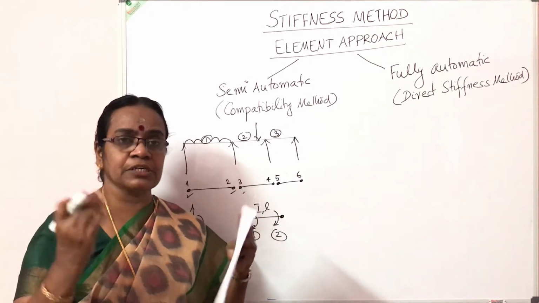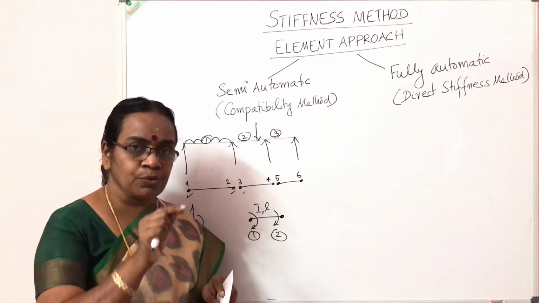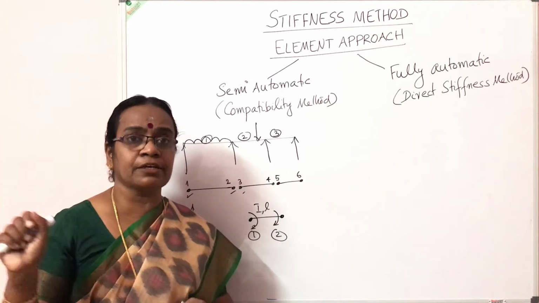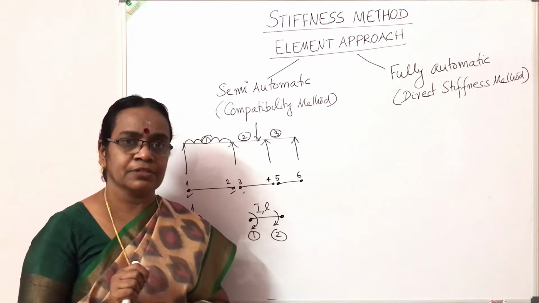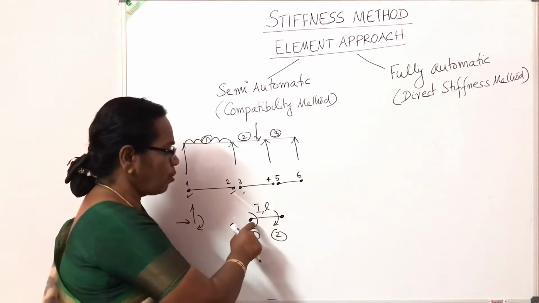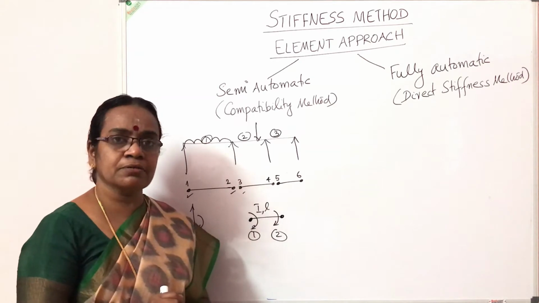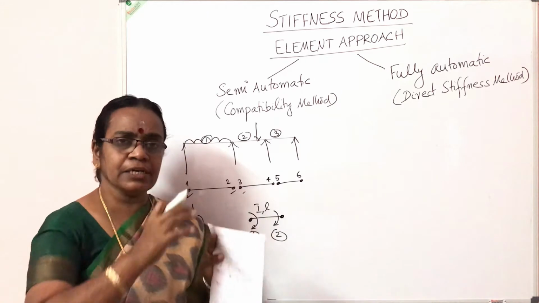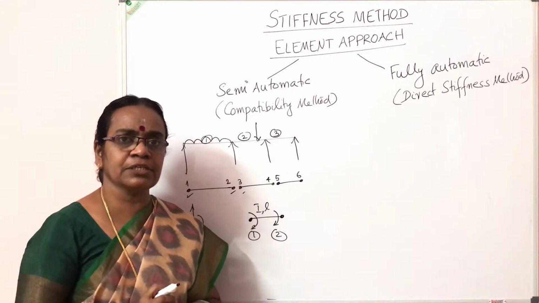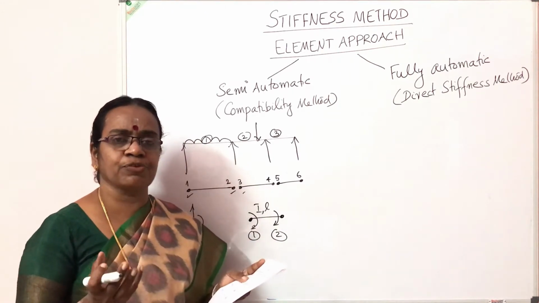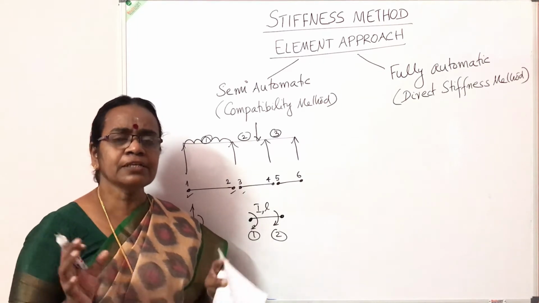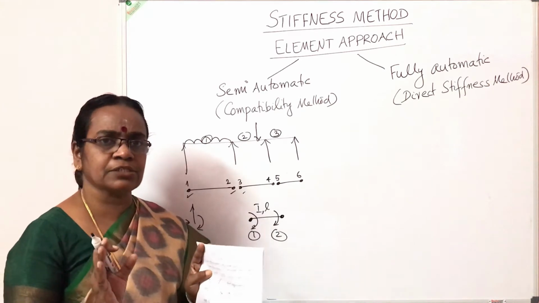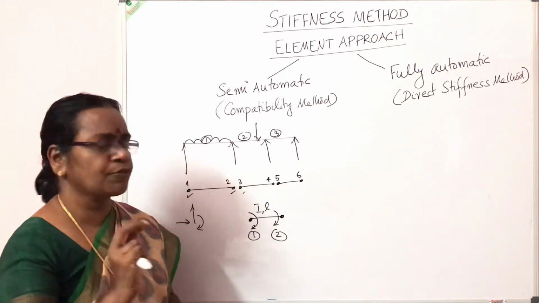Otherwise, it will be very difficult. If it is a 100-degree freedom system, if we apply unit displacement at one coordinate and find out what are the forces developed in the 99 coordinates, it is not an easy task. So the element approach will formulate the element stiffness matrix for the elements, and that will be utilized for the entire elements of the structure by varying the area, moment of inertia and length, and then they will be properly assembled together.